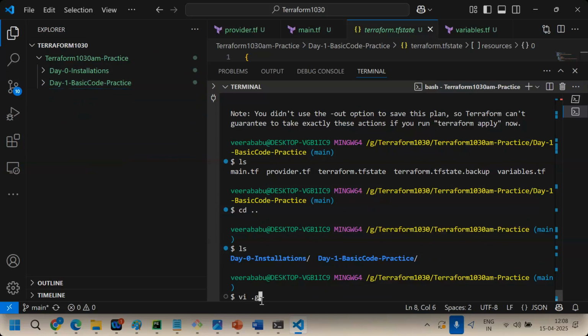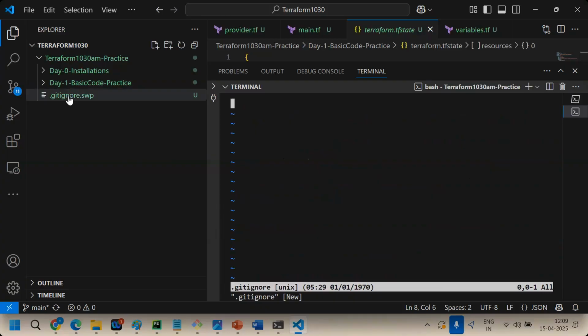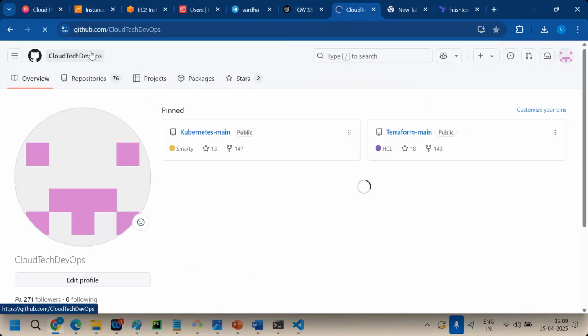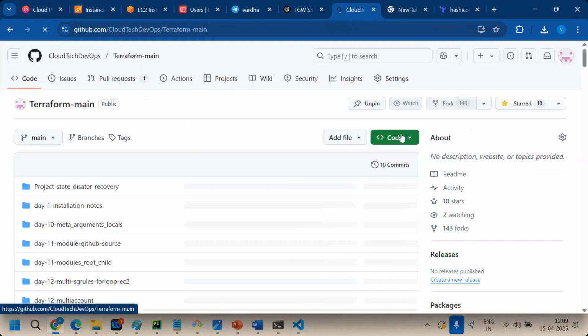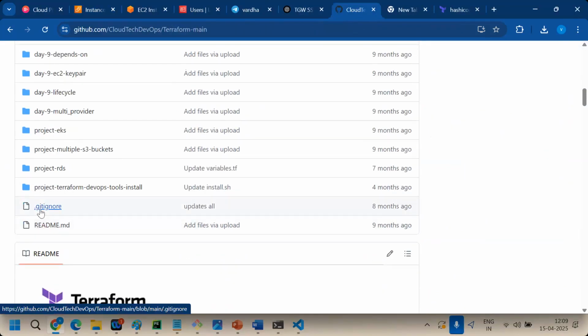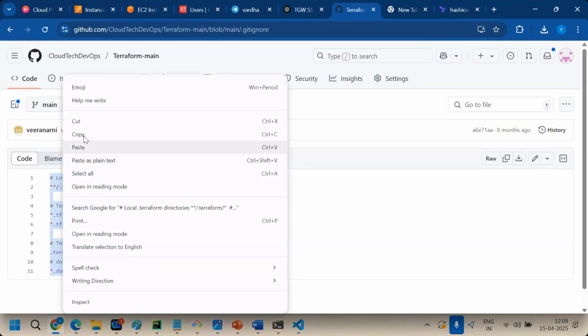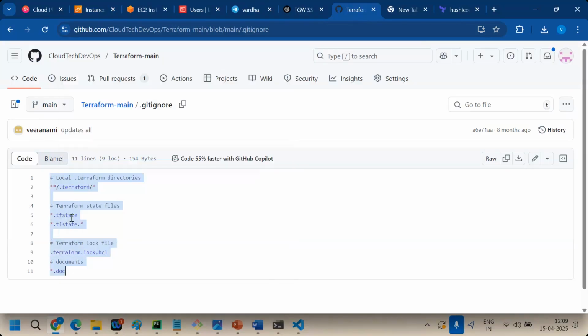vi .gitignore. You can create it there also, here also, no problem. Anything is fine. Created, right? So here add the content. Let's go to my main.tf. Outside of the directory, this repository also, so copy. I think you can understand what I'm doing now. .terraform, .tfstate star, .tfstate star, .lock, HCL star, these and all, ignoring everything except my code.